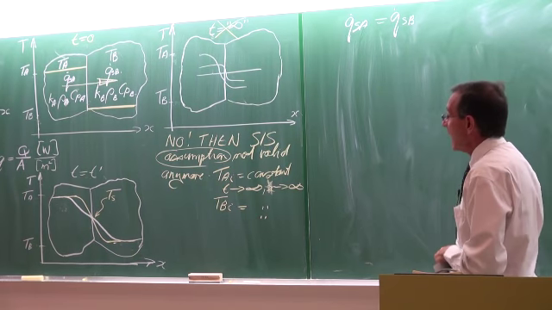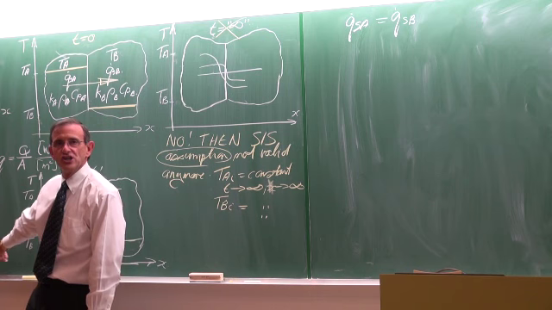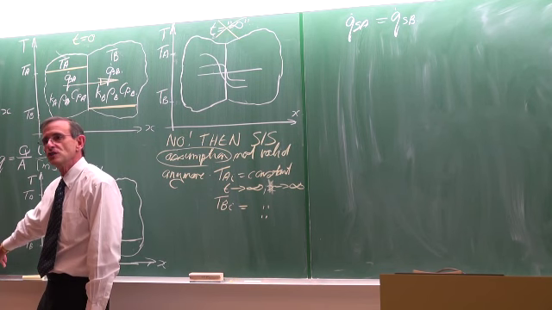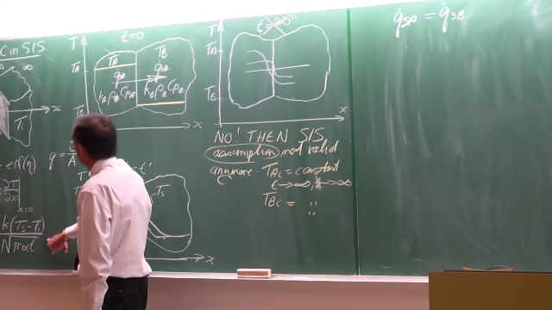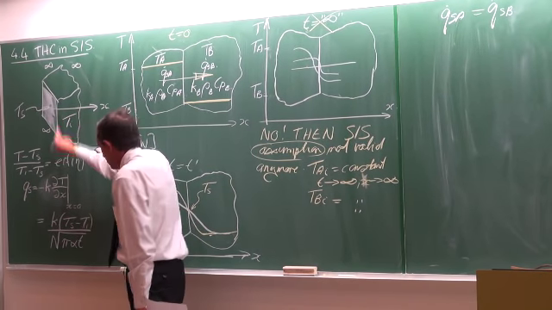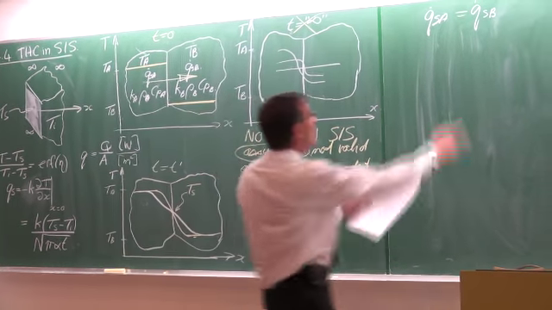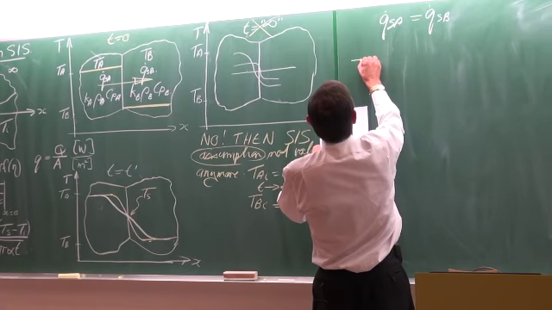And that is the reason why I've written down this equation, because this equation follows from the previous work where if we have the temperature distribution, we can calculate the heat flux on the surface. Okay. So that tells us that